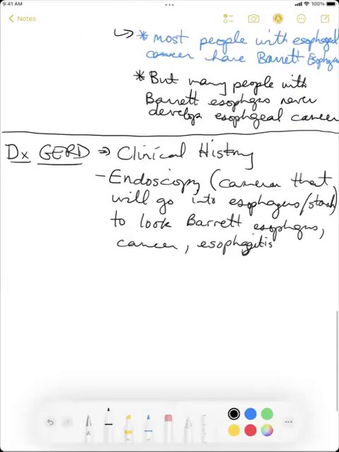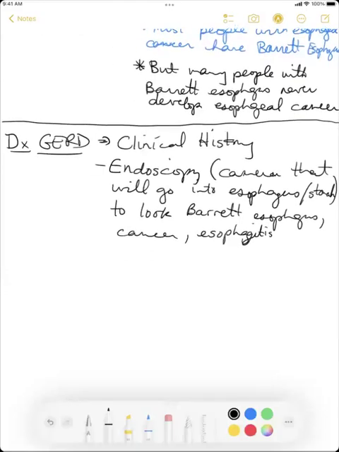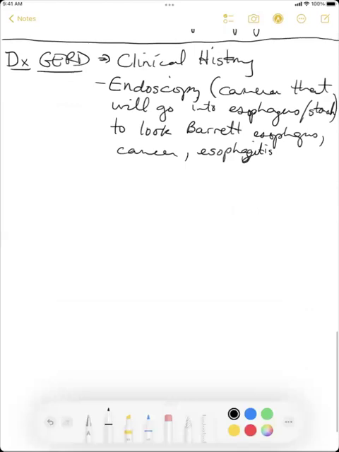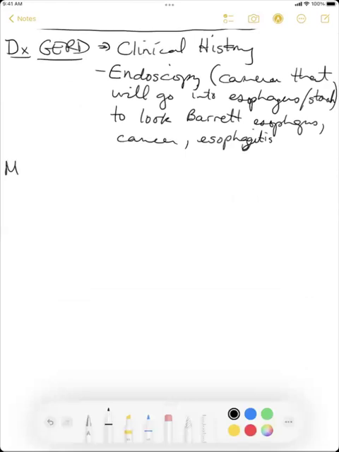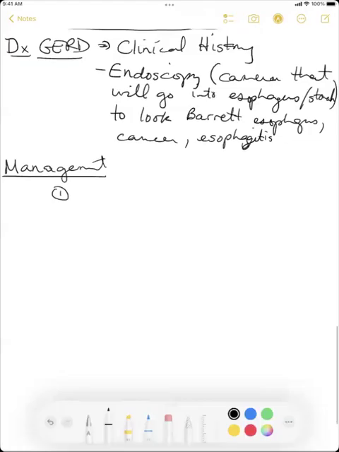Once it's diagnosed, if there is any serious change, it will be monitored regularly to make sure that it's not developing into anything more serious. But we will generally try to treat it. And the way that we try to treat it is there's actually three major approaches for management from an initial standpoint, and oftentimes a couple of these strategies are done at the same time. There are lifestyle modifications.